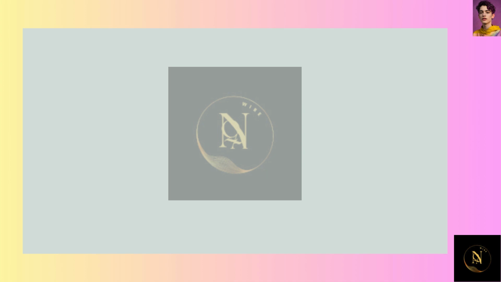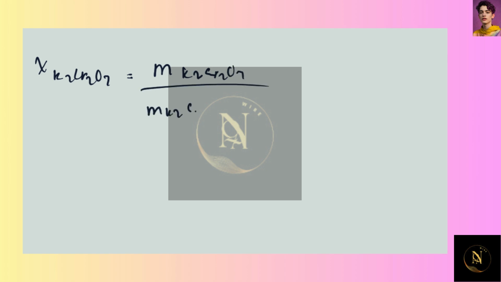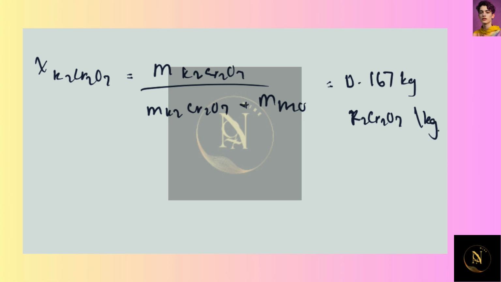So the mass fraction of K2Cr2O7 in the saturated solution at 30 degrees C, we have X K2Cr2O7 is equal to M K2Cr2O7 divided by M K2Cr2O7 add M H2O. We get a value of 0.167 kilograms of K2Cr2O7 per kilogram. So next we can calculate the composition of the dryer outlet gas from the vapor pressure of